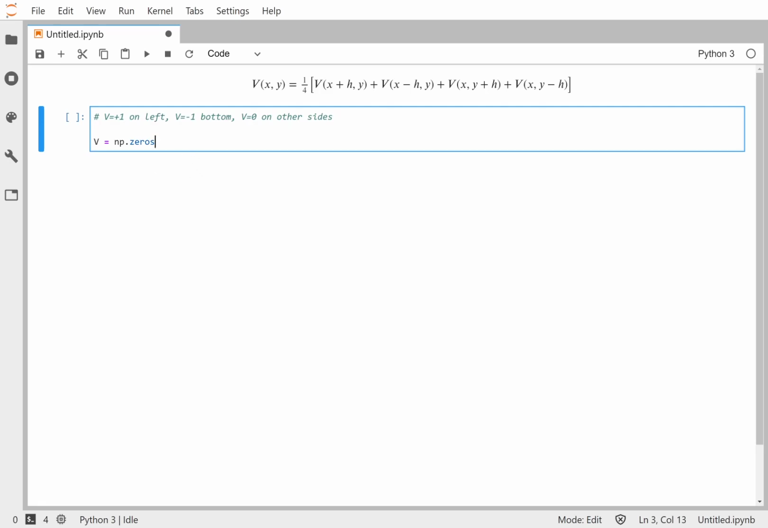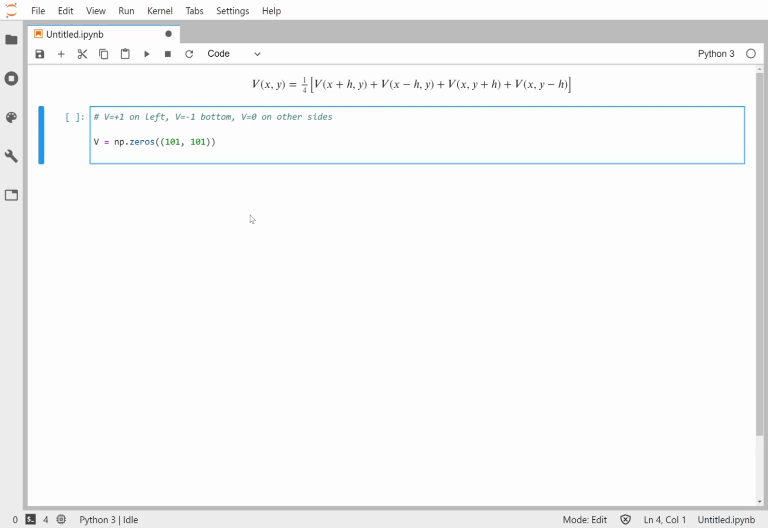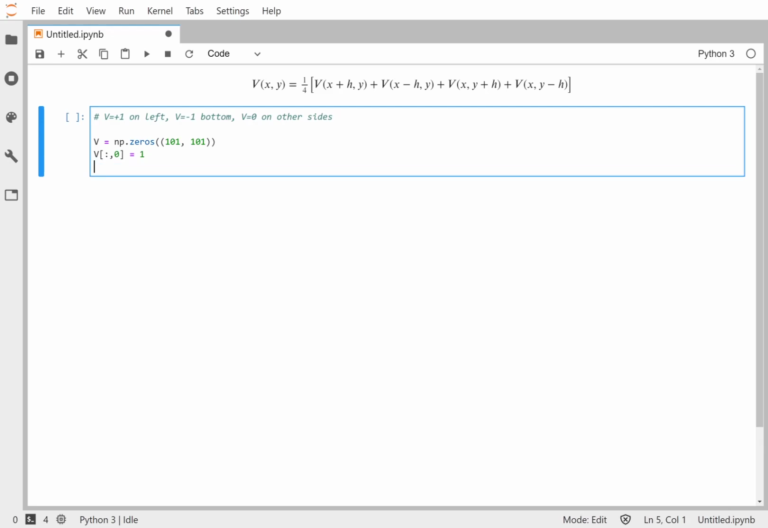So zeros will work for 2 of our boundary conditions, but we're going to have to modify the array to have the other 2. And so let's go with 101 by 101. I like these odd numbers because it gives us a grid point in the very middle. Okay, so now to get the other 2 boundaries, I'm going to have to change some of the values in here. So left here would be basically taking the first column out of this 2-dimensional array, and we're going to set that equal to 1. And then the bottom would be taking the last row out of the array and setting that equal to